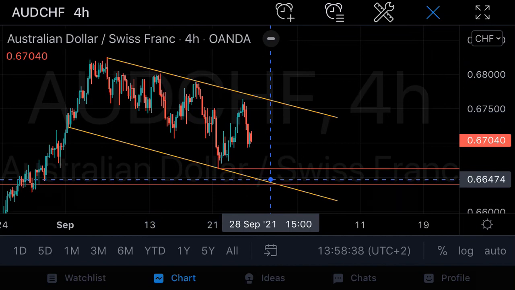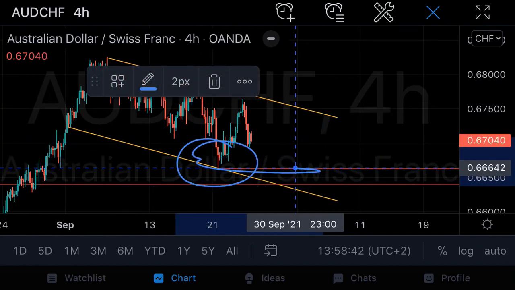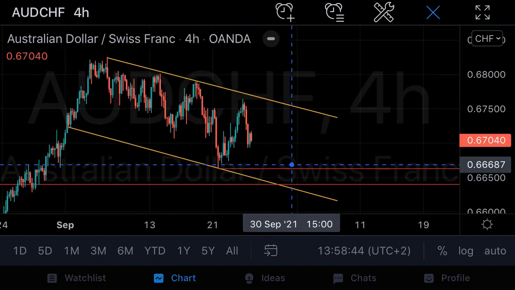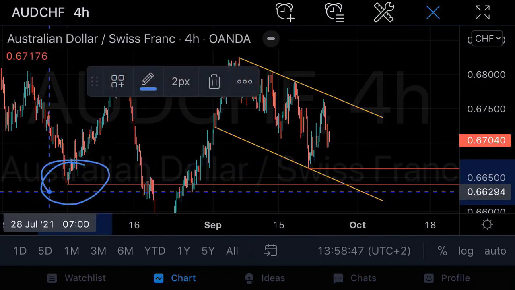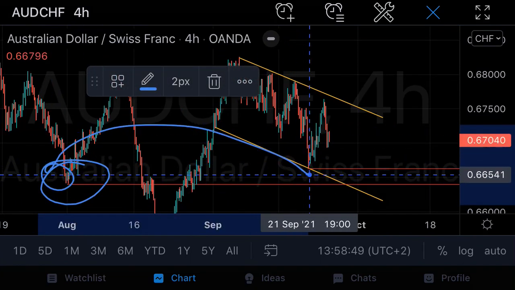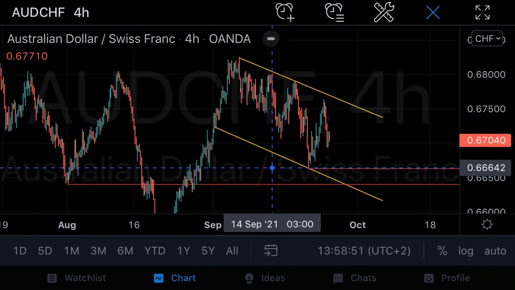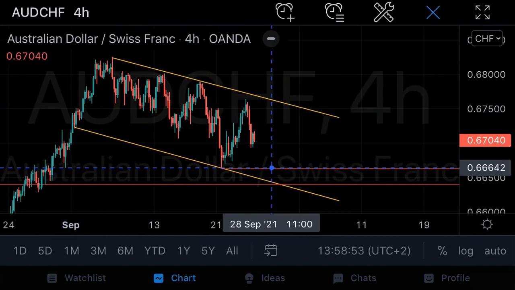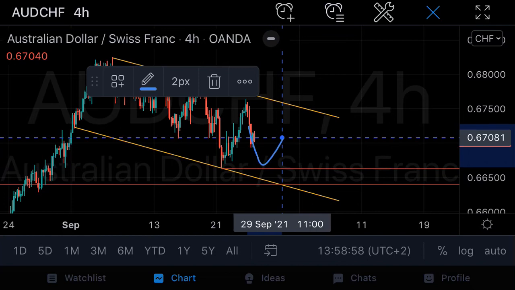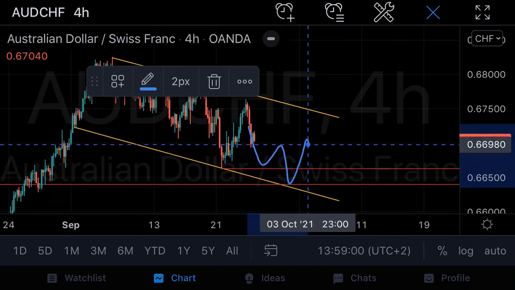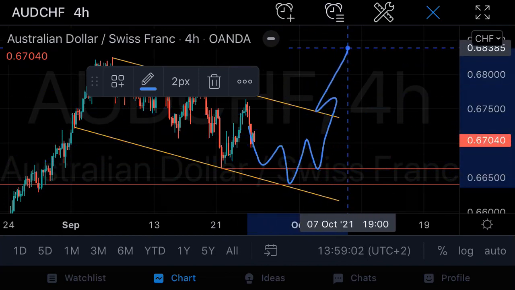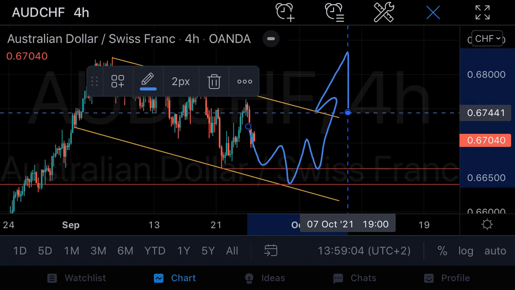So what we'll be looking for, guys, is a nice pull into our support regions somewhere along or close to these structural lows over here, where we also have this previous area of support that we're expecting prices to now retest in the current present price action. So what we'll be looking for, guys, is for prices to pull down deeper into our support area, give us a nice reversal structure at this area over here,